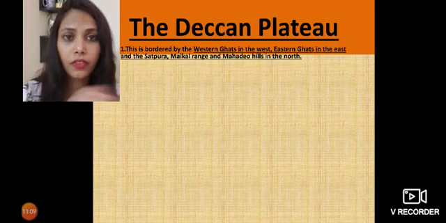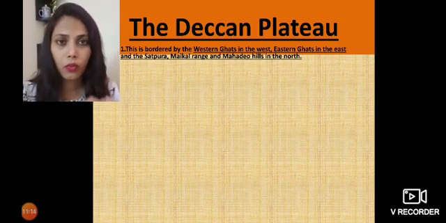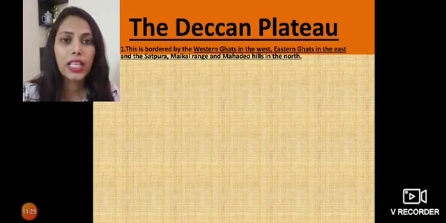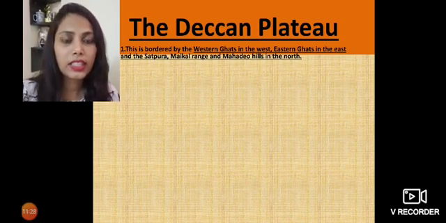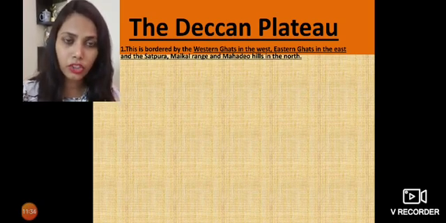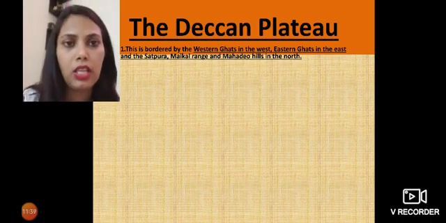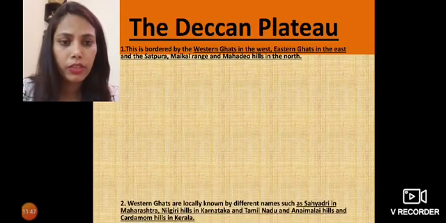Earlier we were studying the features of the whole Peninsular Plateau. We studied that it is an irregular triangle in shape. Important rivers are Narmada, Tapi, Krishna, Kaveri. And the important ranges are Cardamom Hills, Aravali Hills, Nilgiri Hills. Now we are doing the divisions of the Peninsular Plateau, so we'll do the same thing: the ranges in the divisions, the rivers flowing, but in more detail. So this is bordered by Western Ghats and Eastern Ghats. Then the ranges are Mahadev and Mekal range.